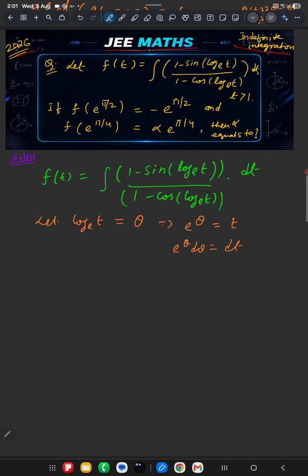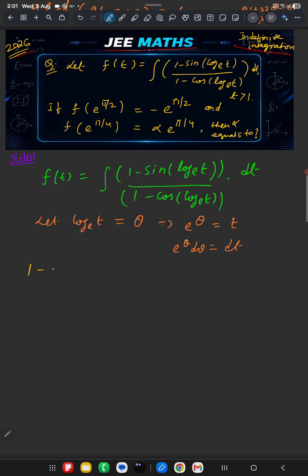Okay. Now we will first simplify this whole expression. First I will simplify it separately, then we will do the integration with dt. dt we will write this, and t will be replaced by e power theta. Okay. So let us see. First of all we will solve this one. So for that